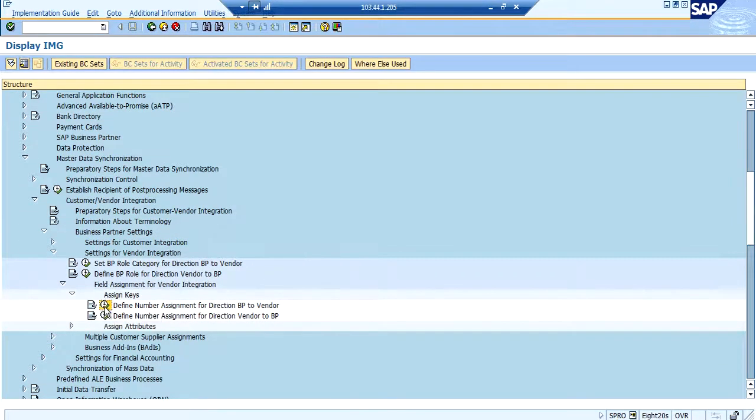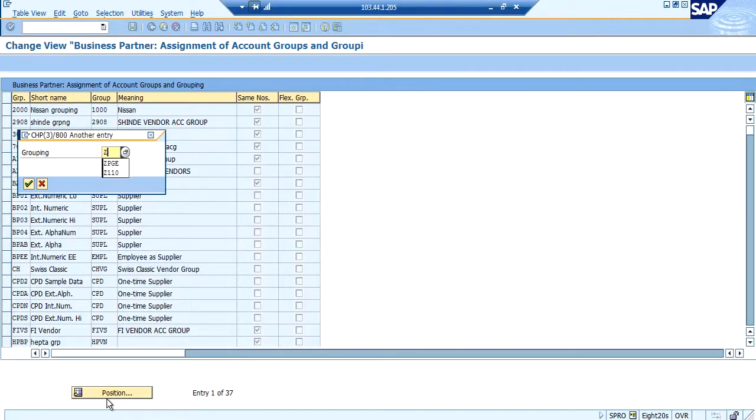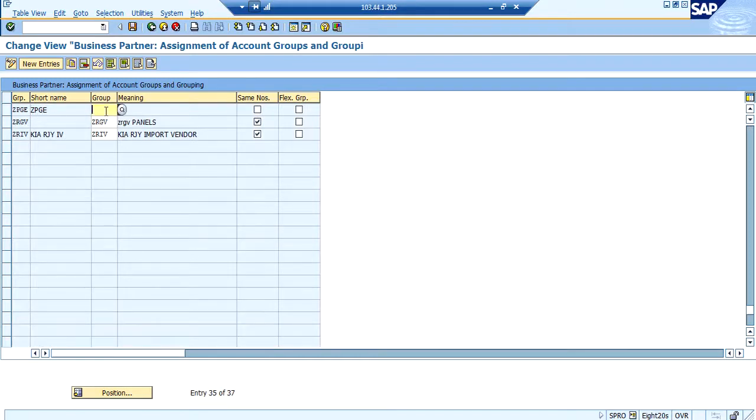Now if we go to define number range, now if we assign this, the system will accept it. So the bottom line is, whichever vendor group is created, the number range should be external, whereas whichever BP grouping is created, the number range should be internal.